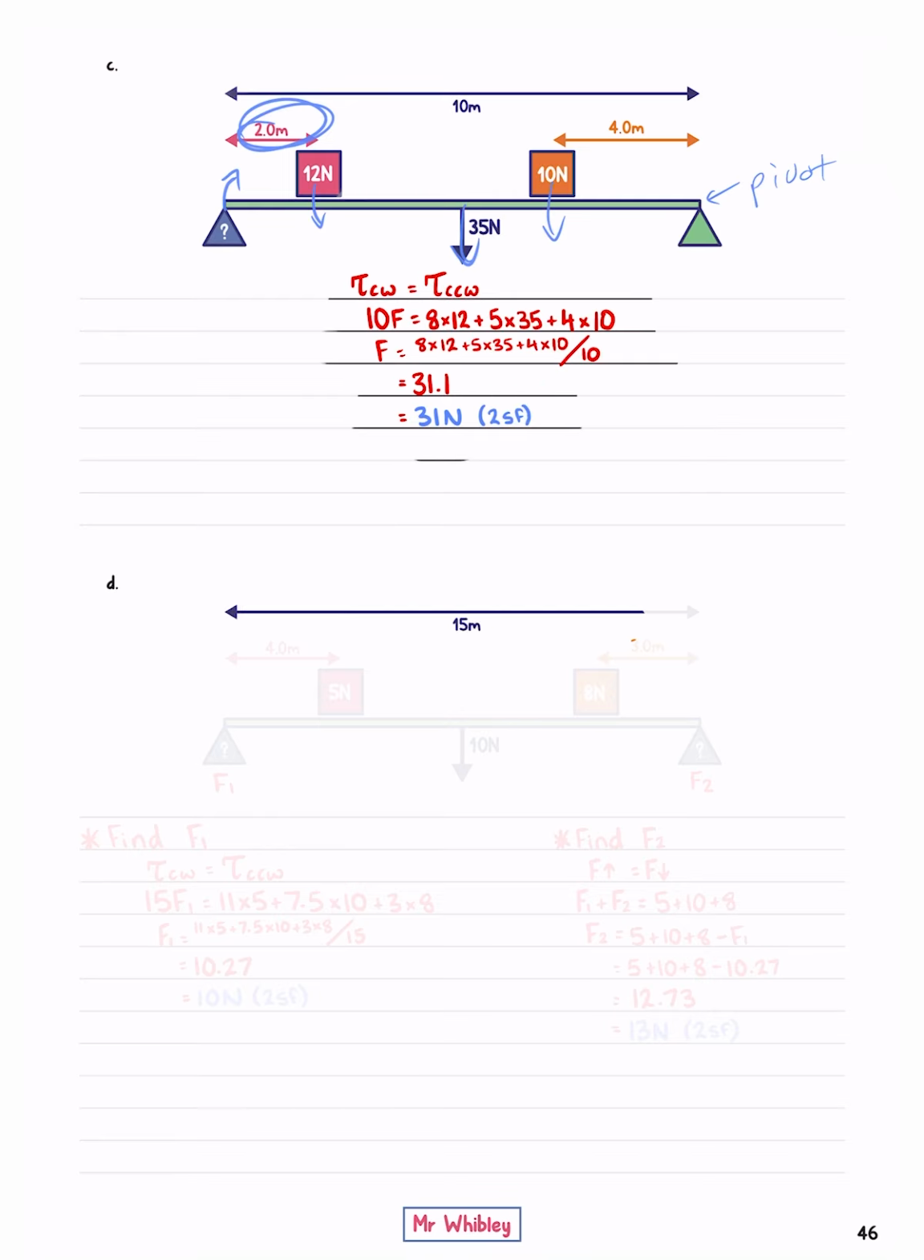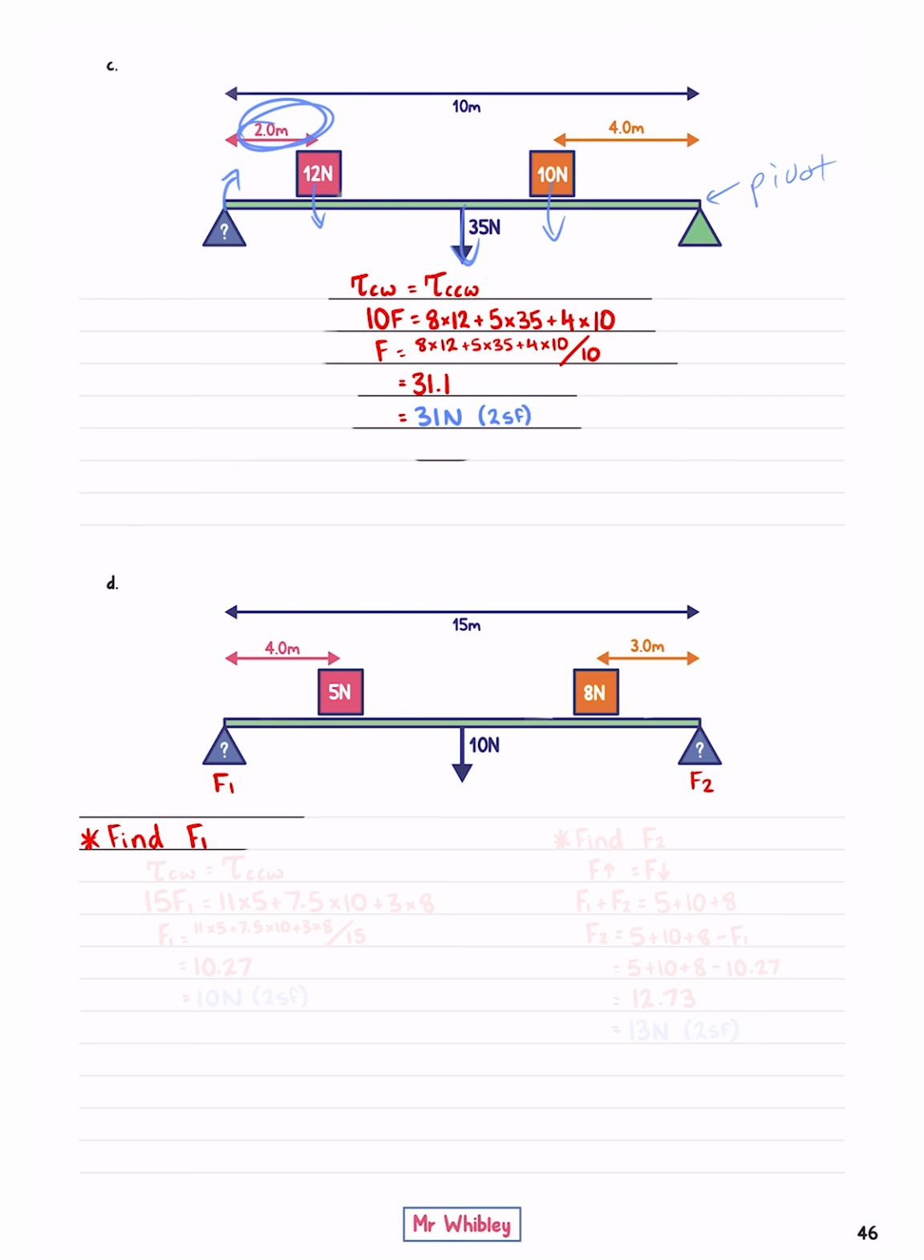Section D has a 15 meter long beam with a gravitational force of 10 newtons in the middle. It has 2 pivots, and in this case we want to find the value of the forces acting at both. We have a 5 Newton mass 4 meters from the left, and an 8 Newton mass 3 meters from the right. I'm going to call the force from this pivot F1 and the force from this pivot F2, and we'll start by finding F1. To do so, I need to make this side my pivot, and we'll consider the torques